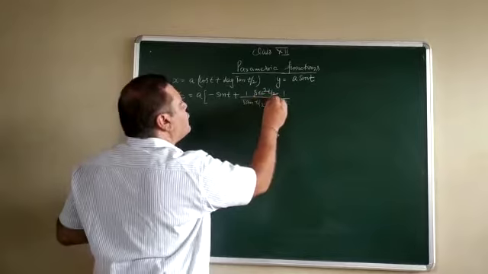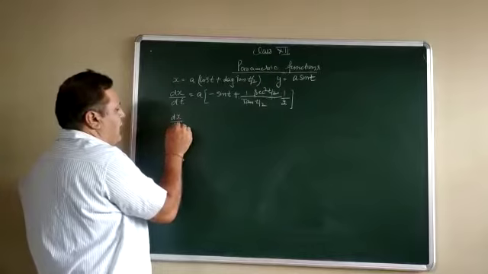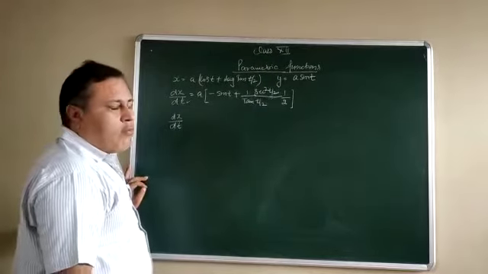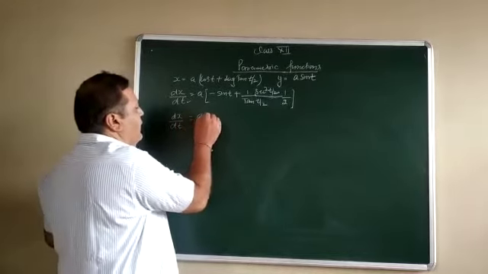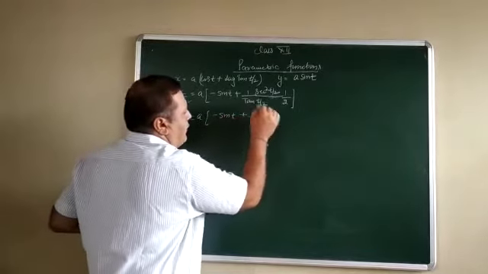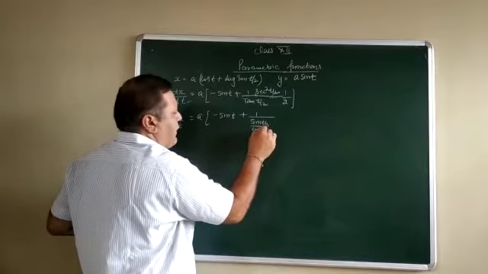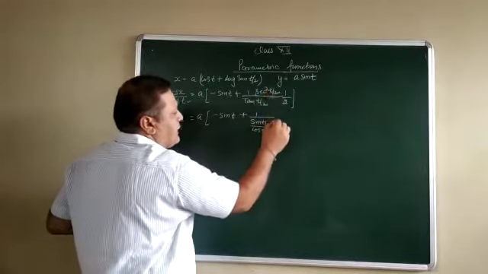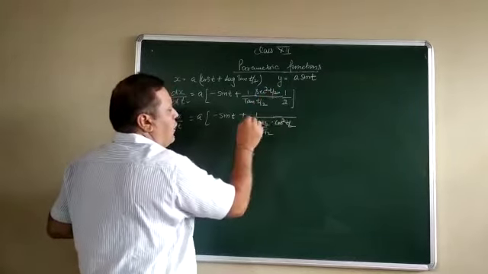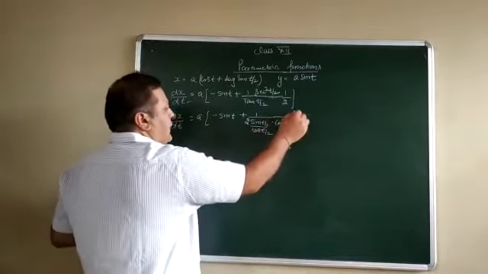And you know the arrangements. See, it is dx by dt. Remember, we take the derivative with respect to t, not with respect to y. So let us simplify. Minus sin t plus 1 upon tangent t can be written as sin t by 2 divided by cos t by 2, secant square is 1 upon cos square t by 2, along with this 2. Now 1 cos and 1 cos get cancelled.